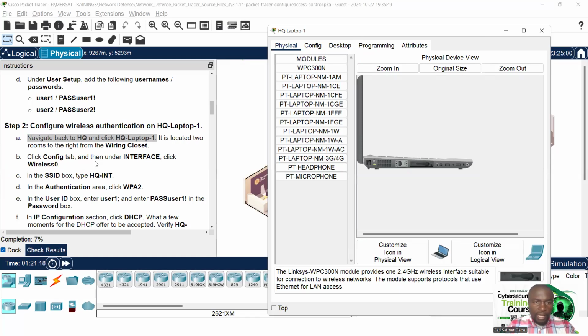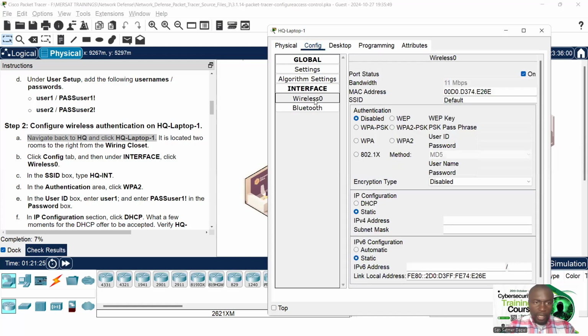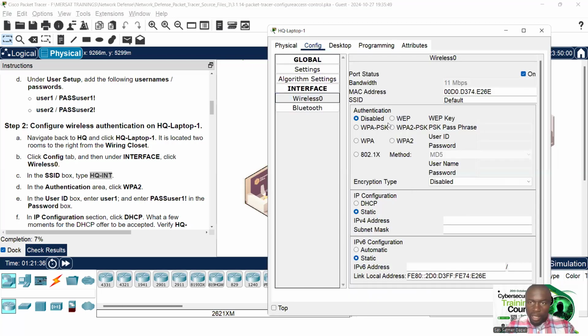So click the config tab and then under the interface, click wireless 0. So config tab, then we click wireless 0. Okay. And then C says in the SSID box, we should type HQ INT. Okay. This is the SSID. So we should type,